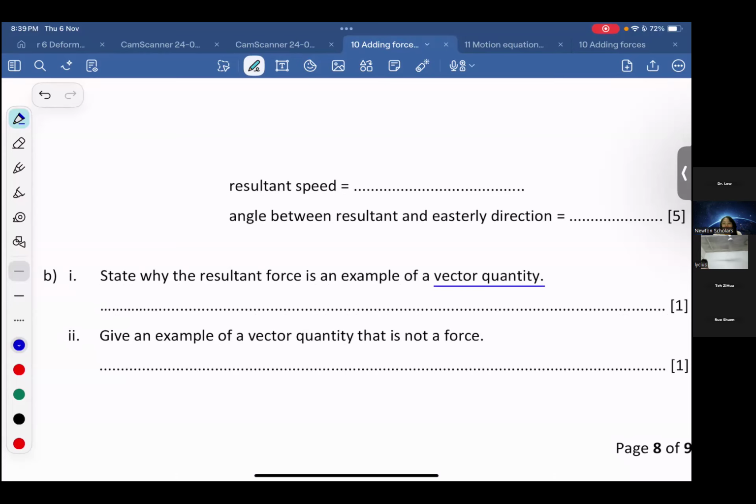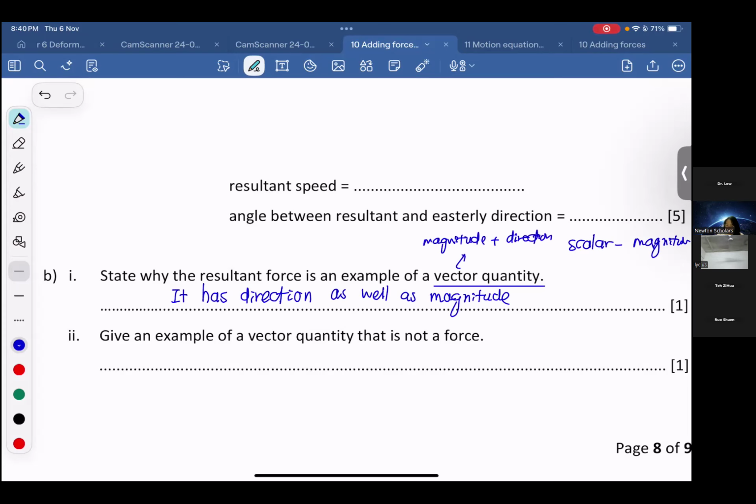Okay, Crystal. Luckily, Crystal answered me. Because it has direction. Yes, it has direction. A scalar quantity is only magnitude, no direction. Because resultant has a magnitude and direction. Yes, it has direction as well as magnitude. If scalar quantity is only magnitude, vector is magnitude and also direction. Okay,